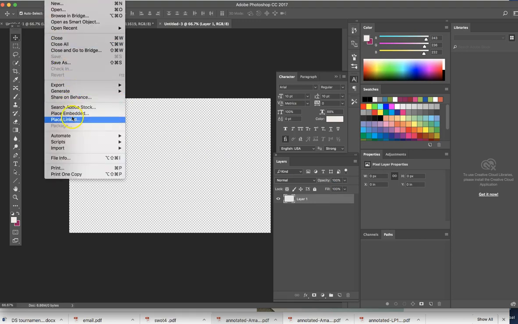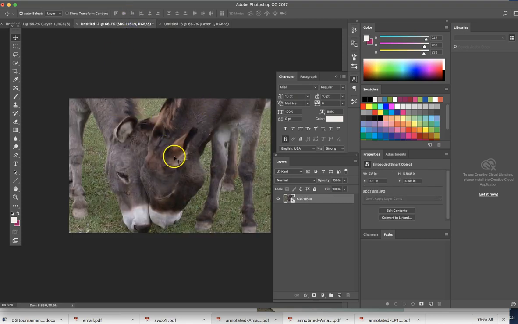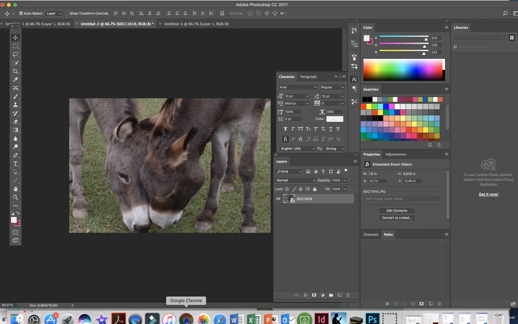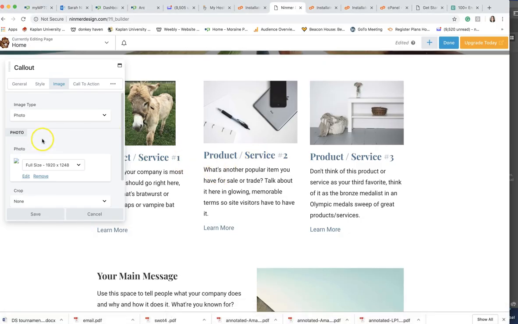And then you would place it in here. I guess I can do that for you. You'd place it in here and then size it so that it fits the entire box like this. So this is the new image, okay? And you go back, edit,